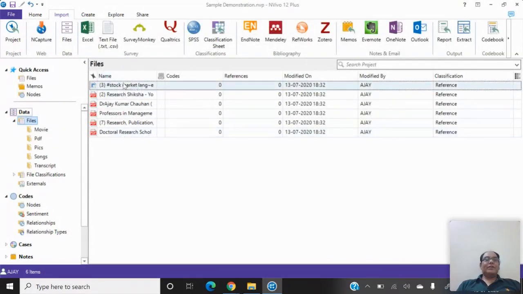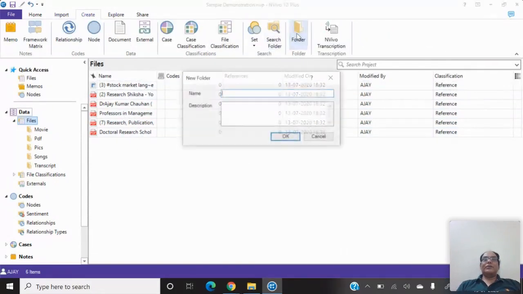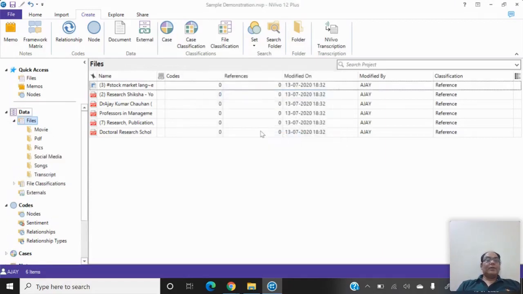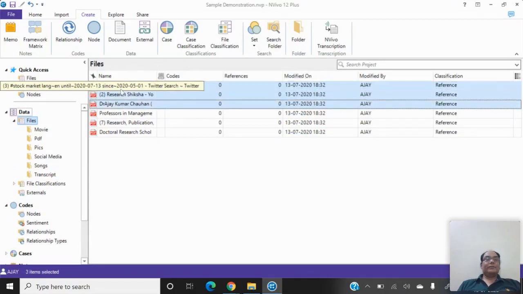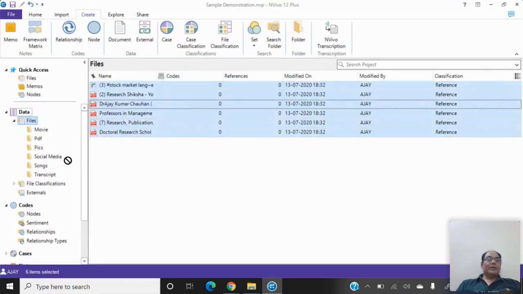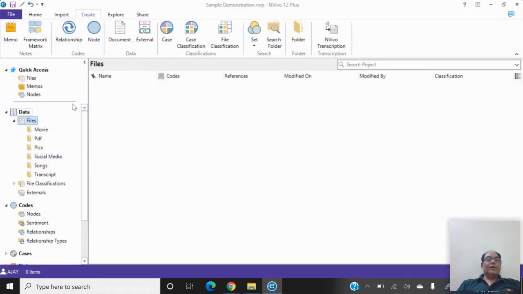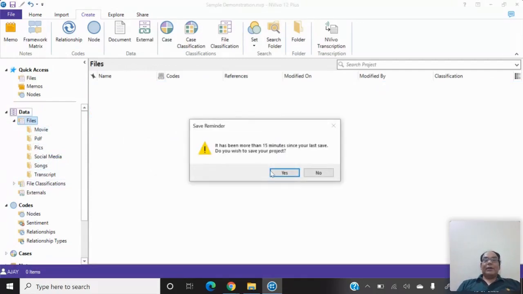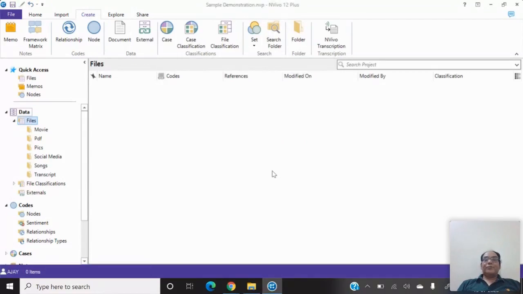So we have this data set of social media. Let me create a separate folder for this. I call it social media data set. So I will put all the data set in the social media. So these are the different data sets we can have in NVivo.